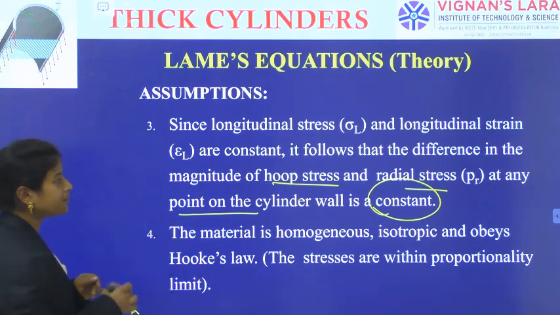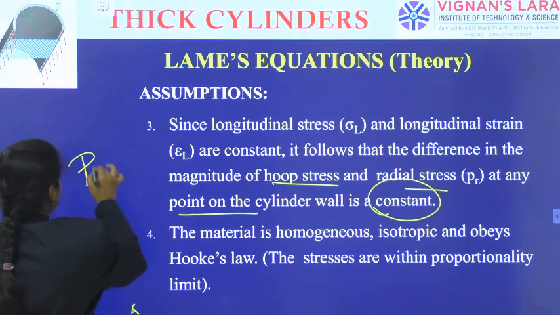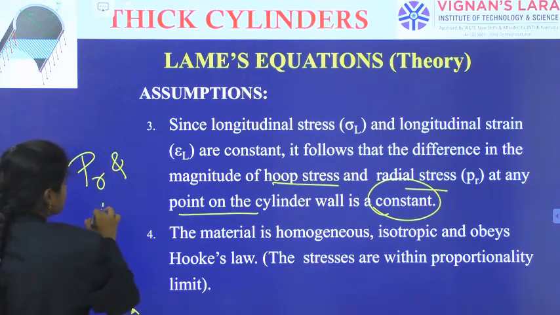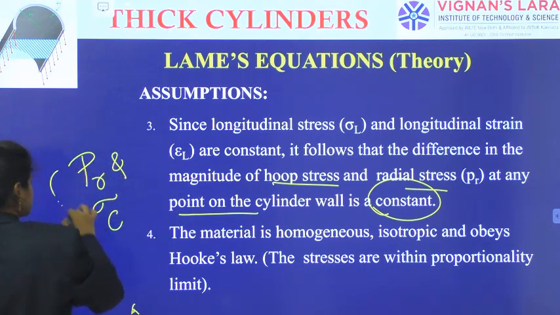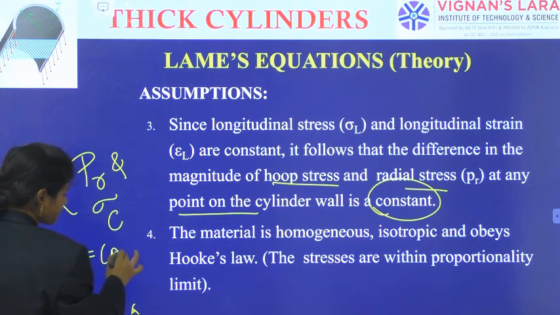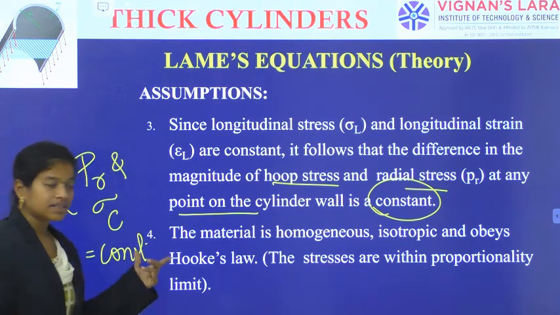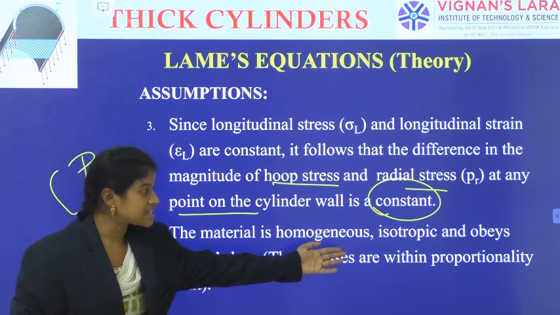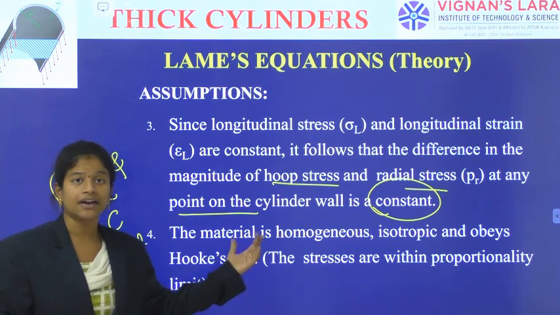The difference between the PR and the difference between the circumferential stress, these two differences are always constant. Okay, the next thing, the material is homogeneous, isotropic, and it is obeying Hooke's law and also the Poisson's